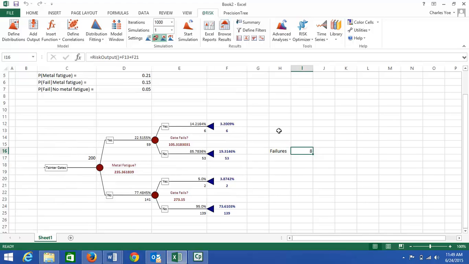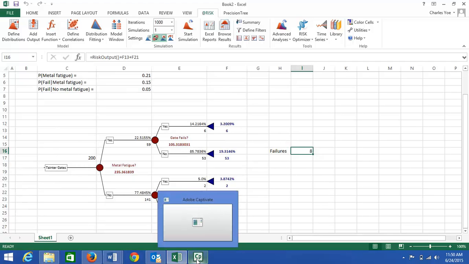So being able to incorporate a binomial distribution into an event tree gives you a very powerful tool. It gives you a way to capture the natural variability in a model, and that's what you're going to be doing with the exercise that you have in this module. You'll be applying